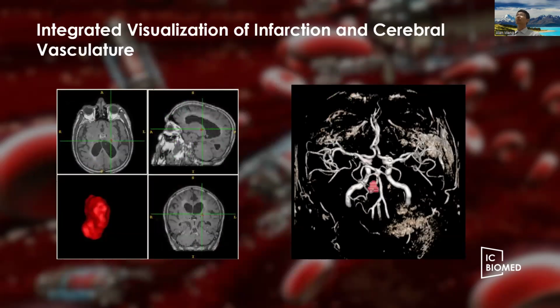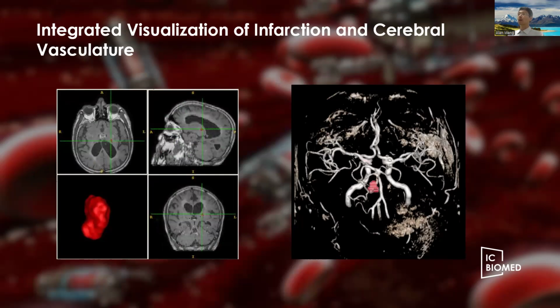On the integration of multimodal imaging data, which I have mentioned several times: for visualization, from different imaging modalities, we can find different information. This information could be quite complex and could support the diagnosis from different perspectives. Then we need to integrate them together to facilitate the diagnosis. For example, on this slide, on the left side, we can see the lesion from one imaging modality. On the other side, we can see the vessels more clearly, but they are separate.